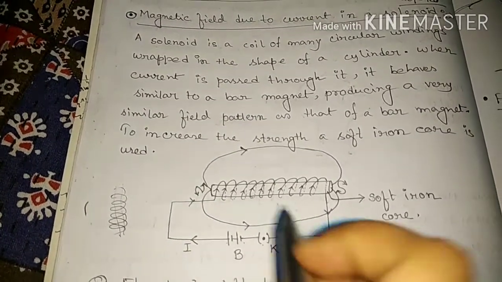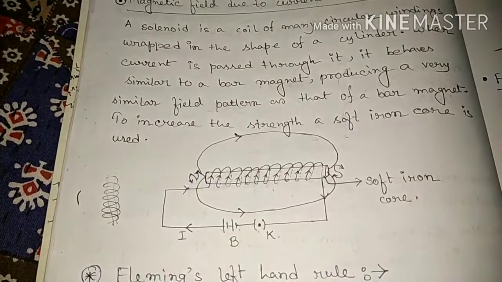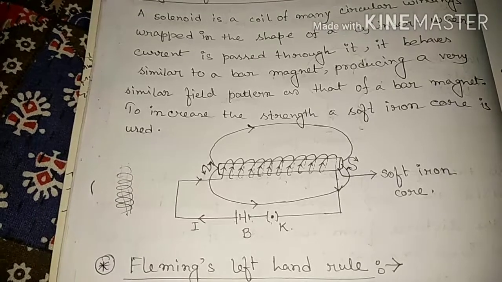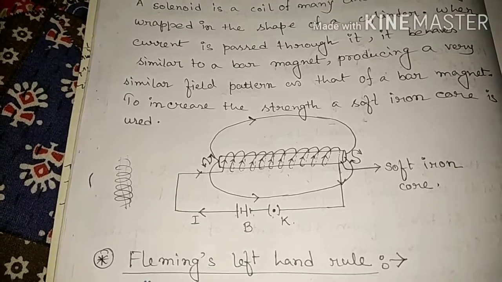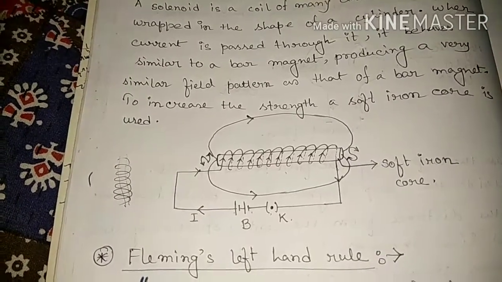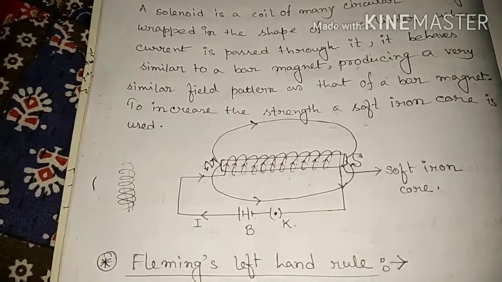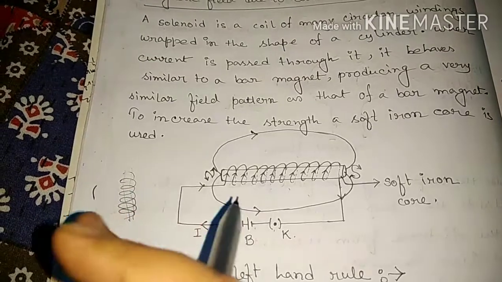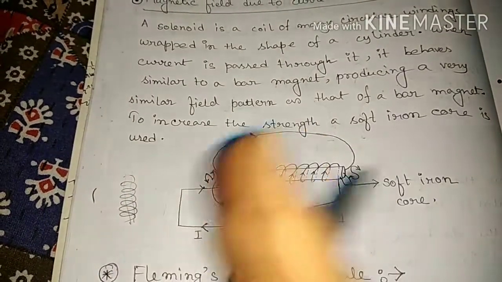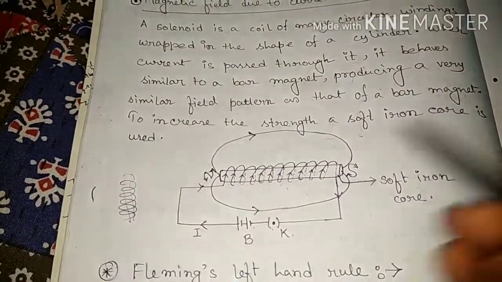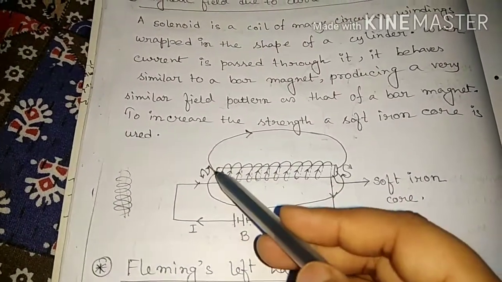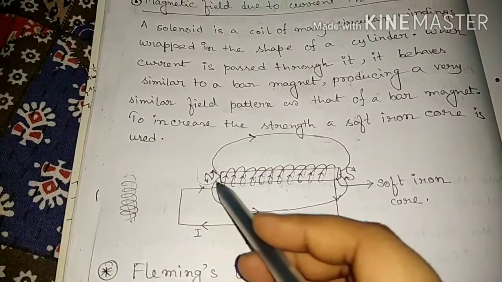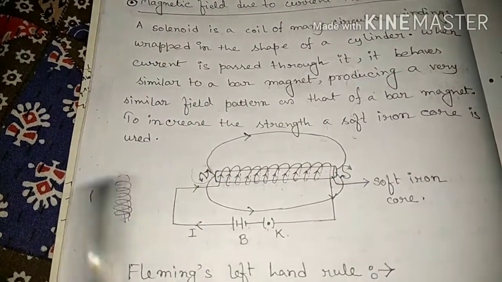We also know from the Oersted experiment that when a current flows through a conducting wire, an electric field as well as a magnetic field is created around it. And we see a field pattern similar to that of a bar magnet in this case also. The magnetic field lines start from the North Pole to the South Pole. Now the question is how we understand which side is the North Pole and which side is the South Pole.